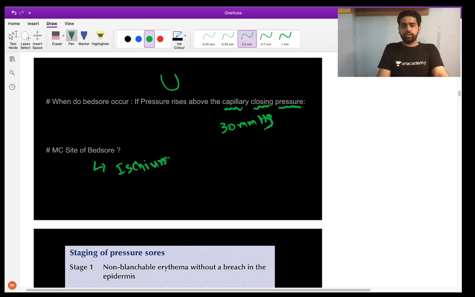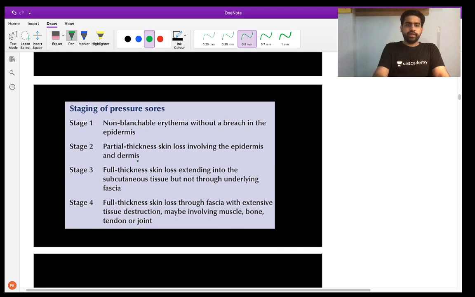Right, so this is important. Then let us have a look at the staging of the bed sore. This is something which you need to remember. Now, if they give it in the description,